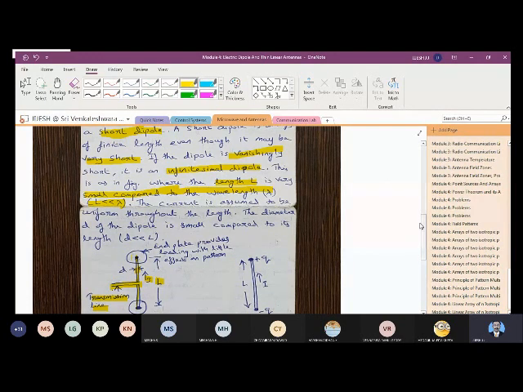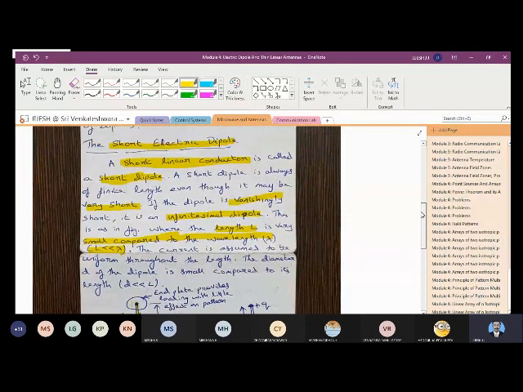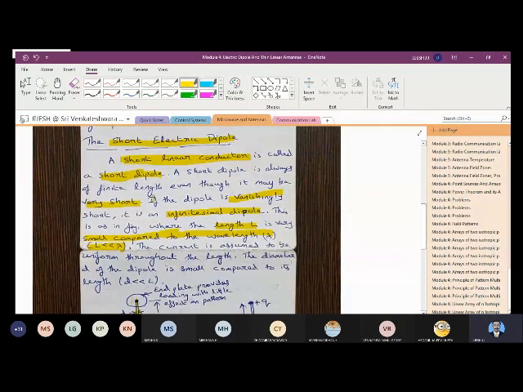But the major thing you have to understand here is that we are calling it a short electric dipole when you make sure that lambda, the wavelength, is much greater than the length of the antenna. Then the antenna is called a short electric dipole, or very short, and if it is vanishingly short, it is called an infinitesimal dipole. It all depends on the length L in comparison with the wavelength lambda. So you can just note down these things.